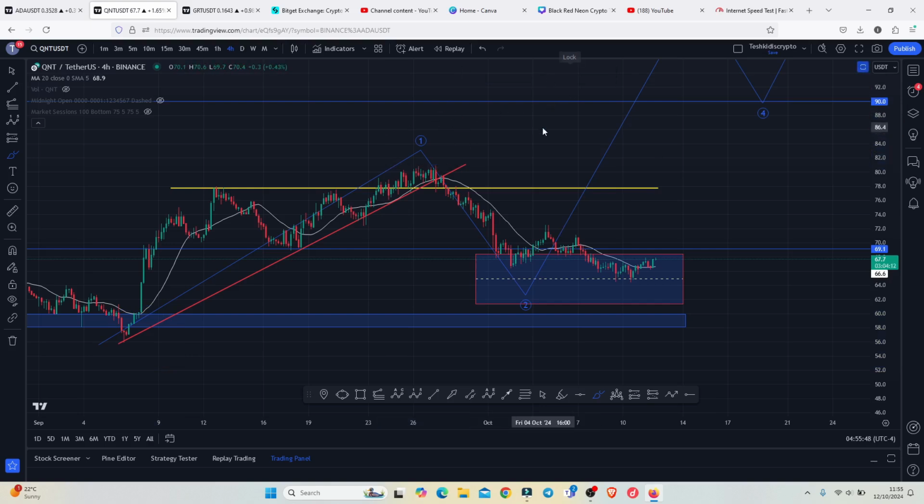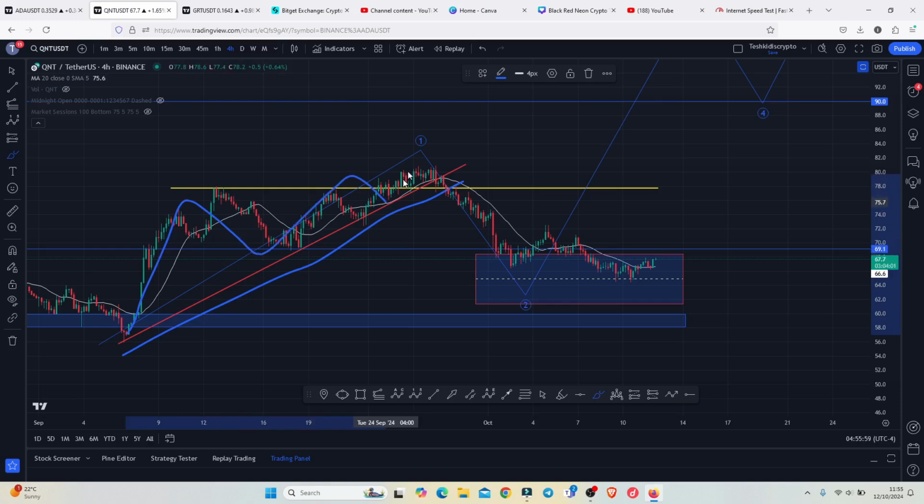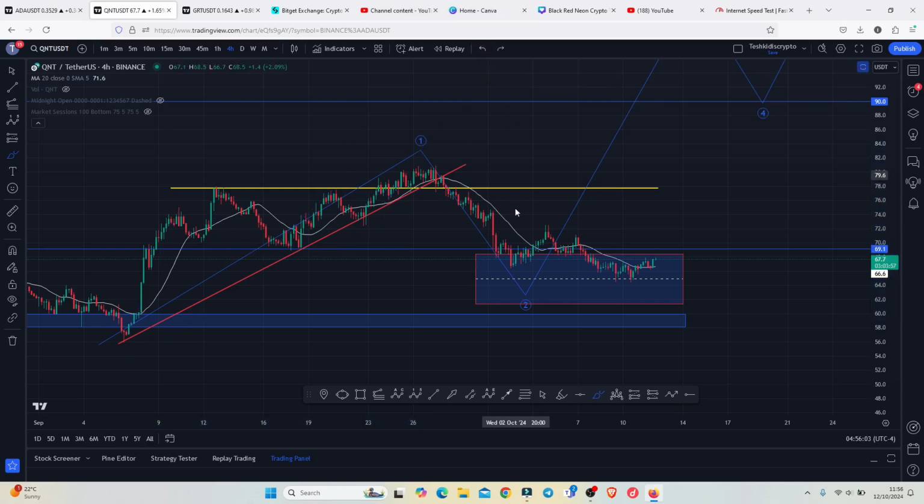After we peaked in that Elliot count 1, we saw a break to the lower side of this ascending trend line, which was the first indication that we are seeing a change of structure of this upward movement, suggesting that we might see lower prices. We also lost a key area of support above the $78, flipping it back into resistance in a move that has now given us a bit of a corrective structure,